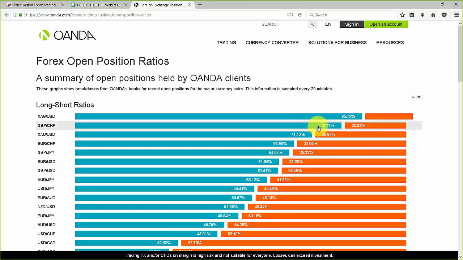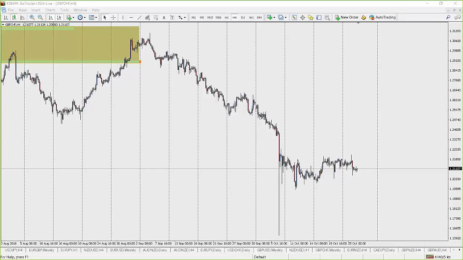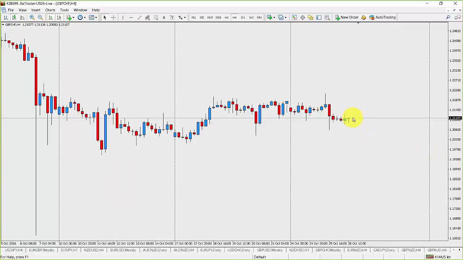So again, to me, that tells me that a lot of people are buying the pound. I mean, specifically against the Swissy. So to me, that's another sign that maybe that's not something that I necessarily want to do. I don't really want to be buying pound Swissy right now. So I think it makes a whole lot of sense to look for a potential sell, but you've got to wait for that signal. So on the pound Swissy, again, it would be, for me, the last kiss,